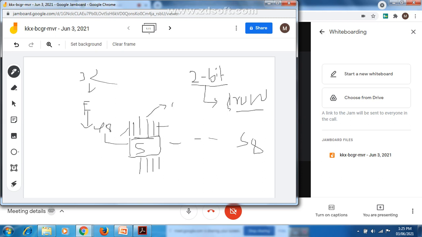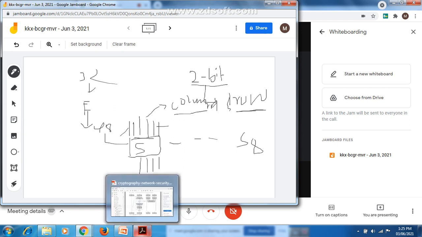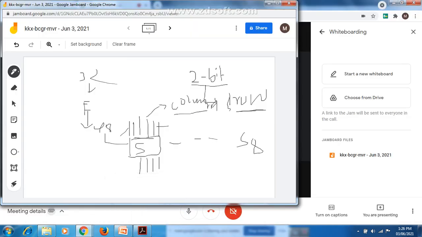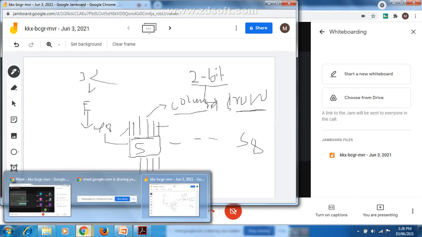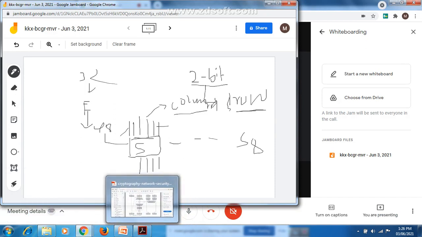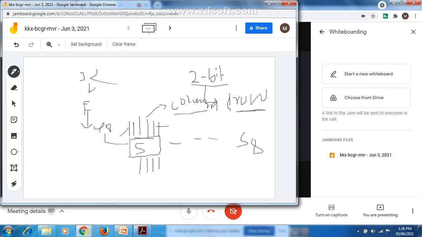And the middle 4 bits are used to select the column. At least this much is clear. First and last bits indicate the row number, and the middle 4 bits represent the column. Clear? Are you getting it, guys?